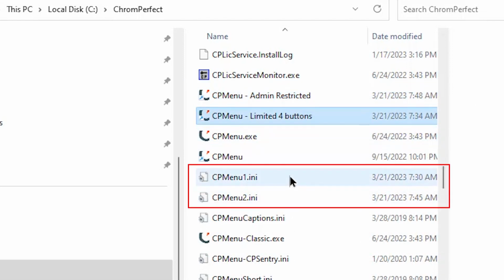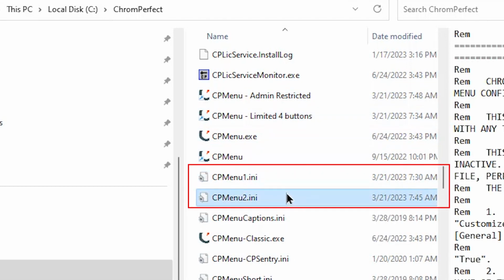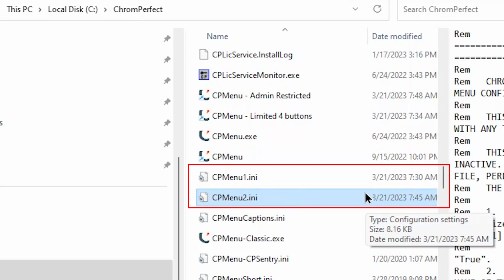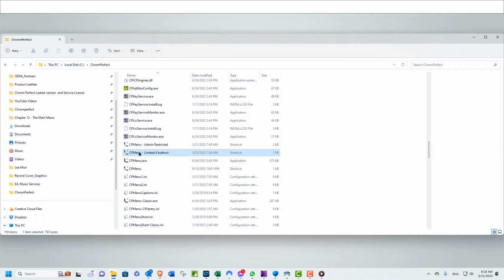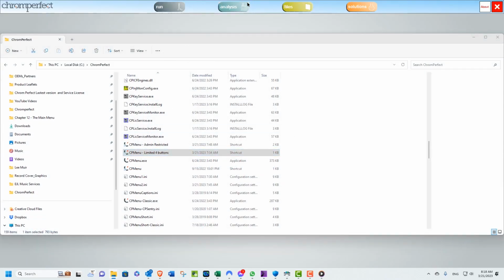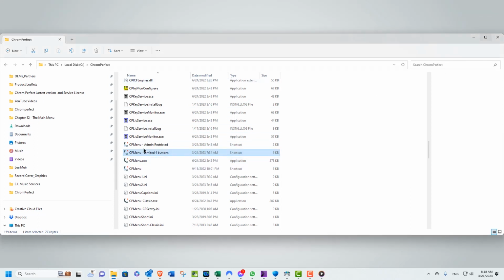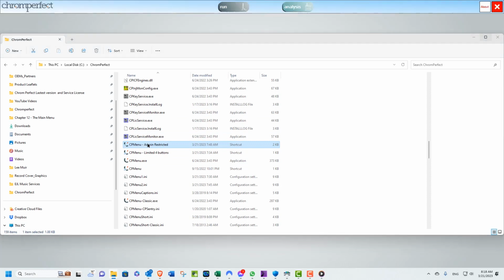Their configuration is defined within the files cpmenu1.ini and cpmenu2.ini respectively. Each of the menu shortcuts address different criteria. The first is not user-specific and simply removes buttons that are rarely or never used by the users. It has been labeled Limited for Buttons. The second menu shortcut is labeled Admin Restricted. It removes buttons from the main menu for accounts that are not the administrator, and requires Chromperfect security logins to